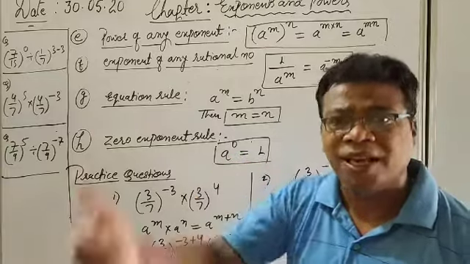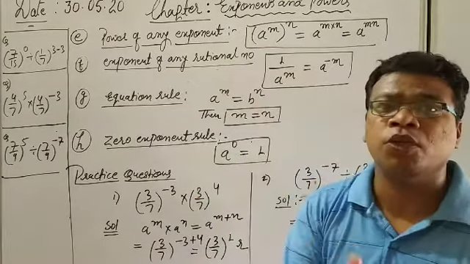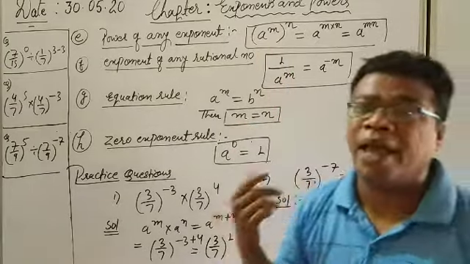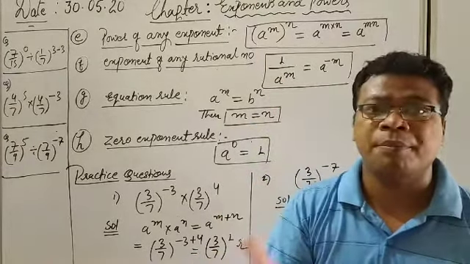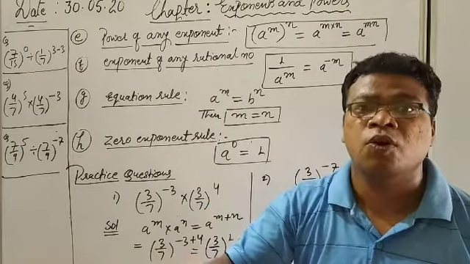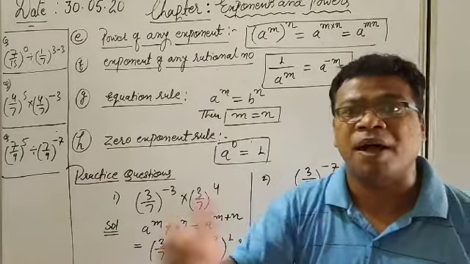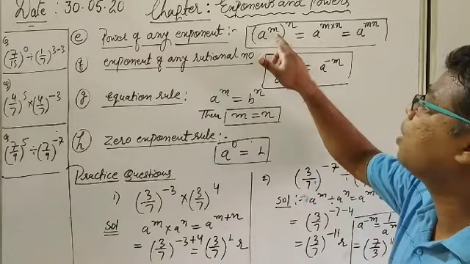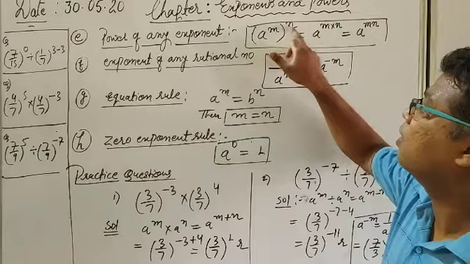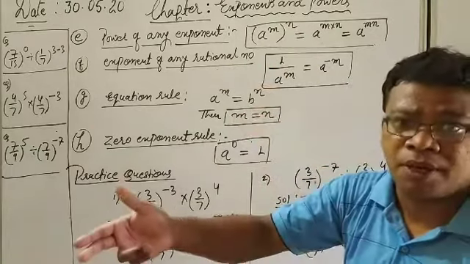Power of any exponent number, and yesterday I told you what an exponent number is. See here, for example, a to the power m. A to the power m is the exponential form, and over the exponential form another power is there. For example, a to the power m, and again one more power, that is n. So there are 2 powers, or sometimes more powers.